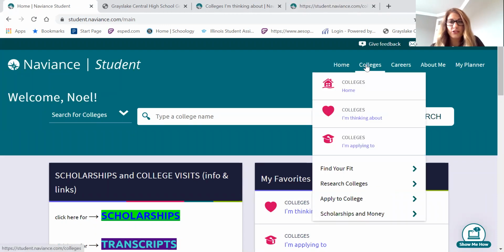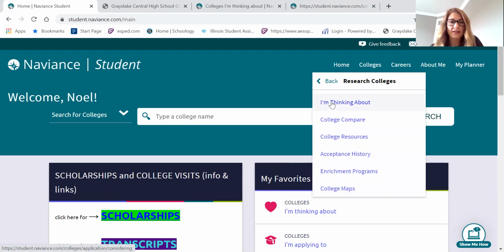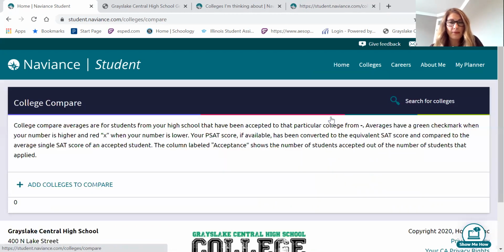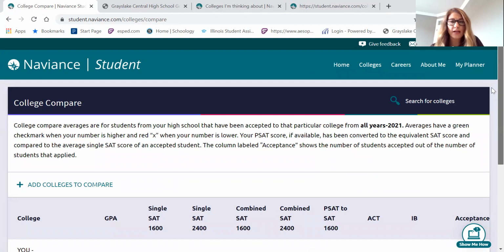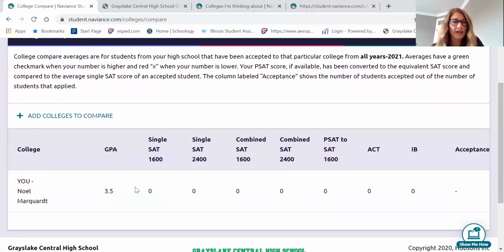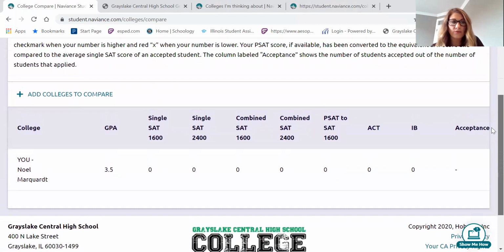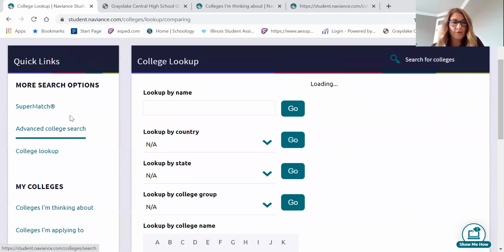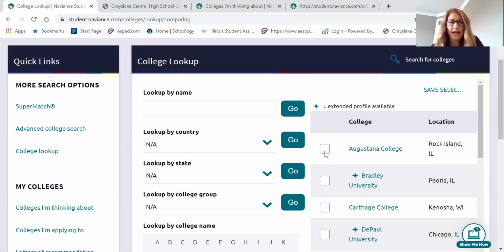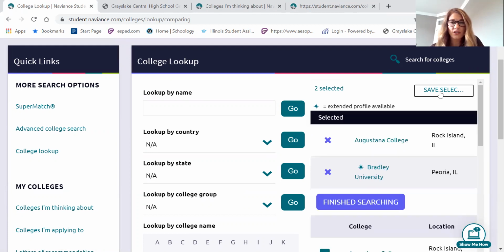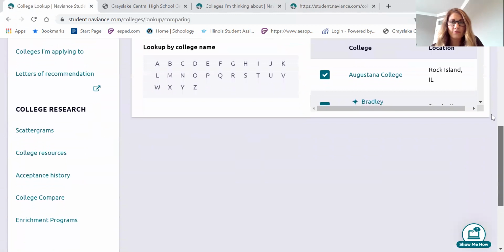So again, under the colleges tab, there's other information that you can find through this. So if you go to the colleges home, if you go to research specific colleges, you can go to the colleges I'm thinking about. You can compare colleges. When you compare two colleges, it takes your current GPA, and if you have an SAT score in there, and it compares them to the specific schools that you're requesting. So for example, if I wanted to add colleges to compare, I could click on Augustana and I could click on Bradley. I would save selection, and then I would